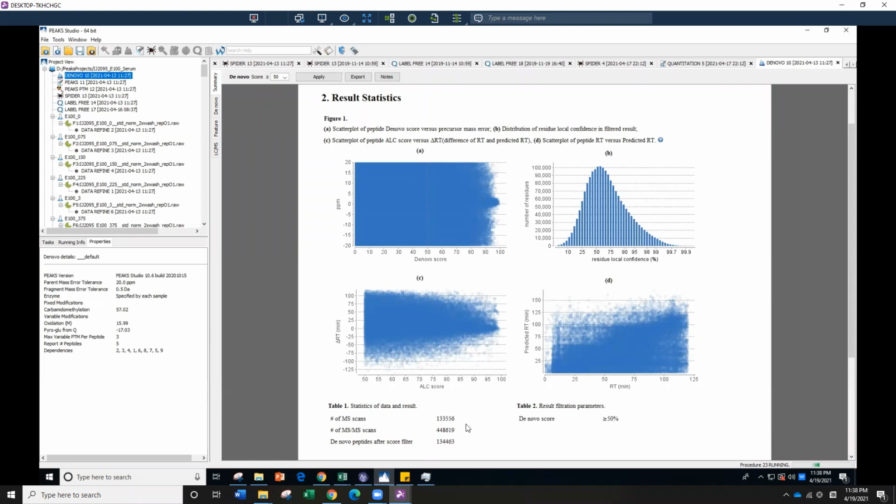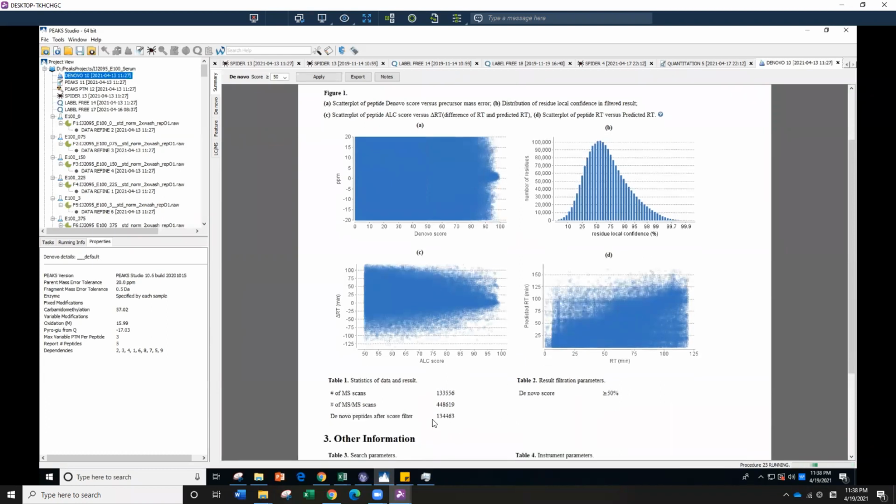Okay, imagine if you did the spectral analysis trying to piece together the peptide or understand what components you have. You would imagine how much time it would take. Well, I would say it's nearly impossible for me to analyze this set and do the protein identification. Okay, and after the de novo, we have